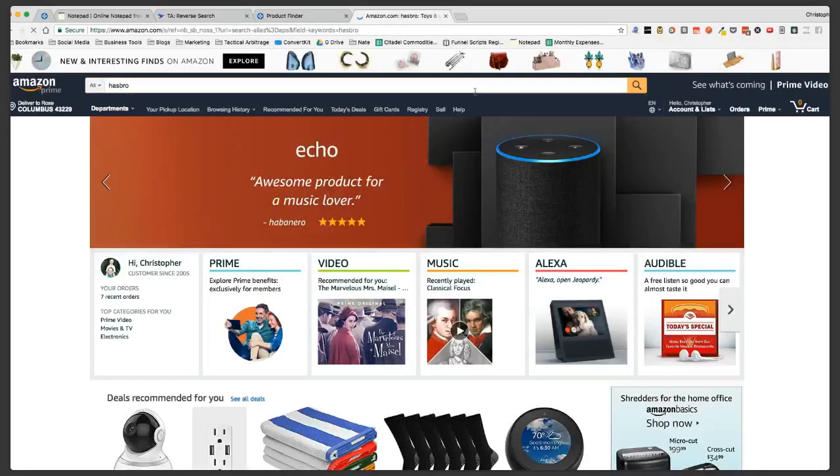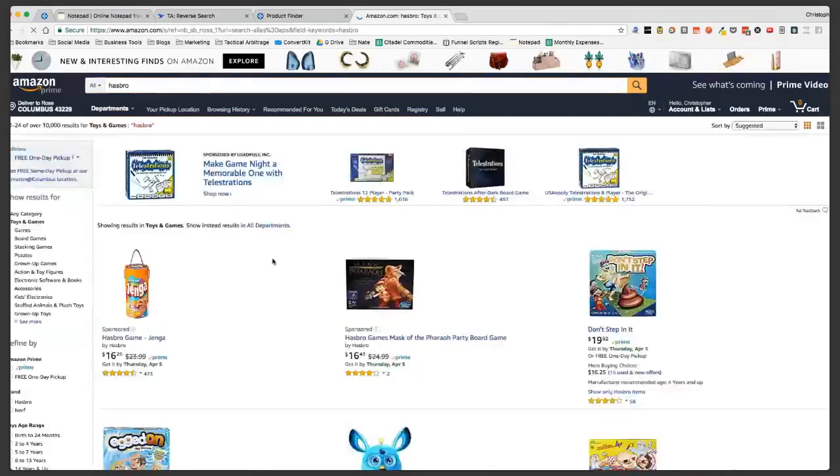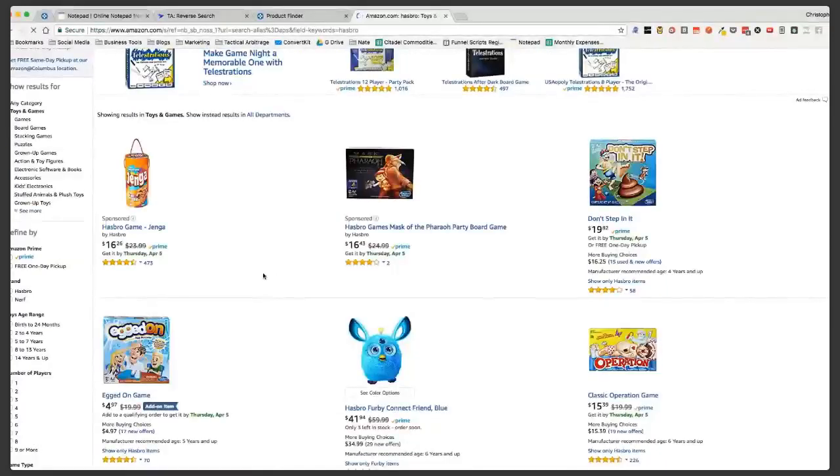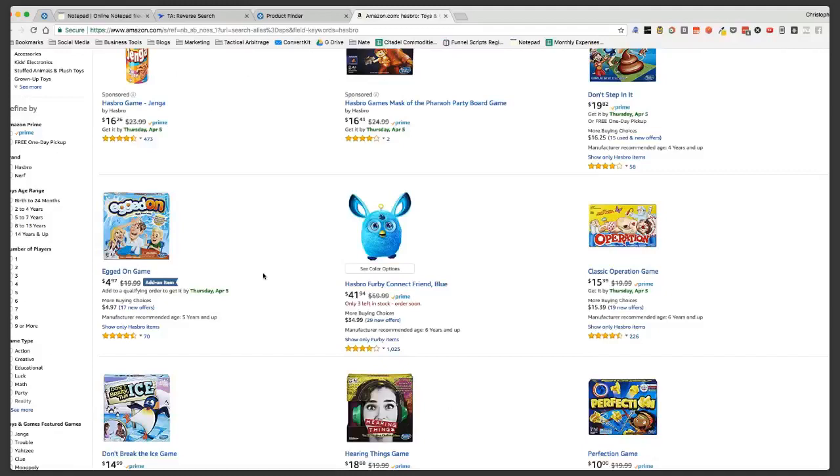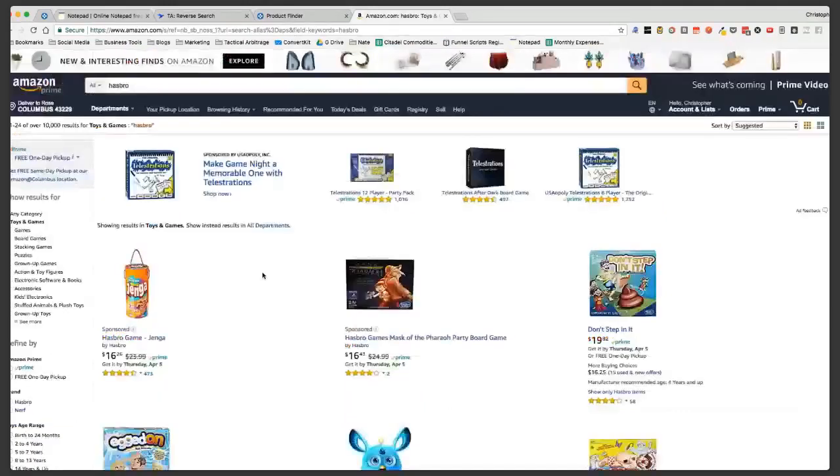Thing is, there's over 10,000 results here, and we could start going into all these little categories, and I've done this, but we end up missing some of them. I know that Hasbro has about 40,000 items on Amazon total, and I can only see 10,000 here. So now I can go in and grab all of them that Keepa has.